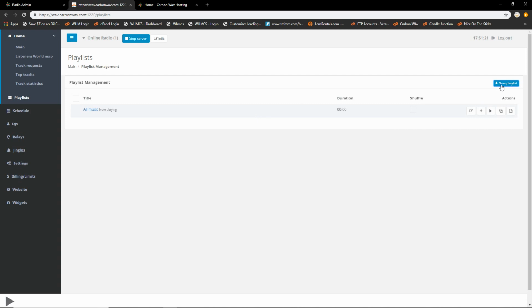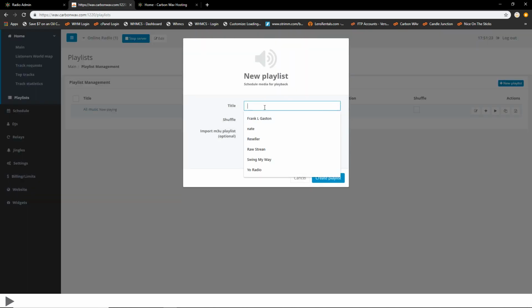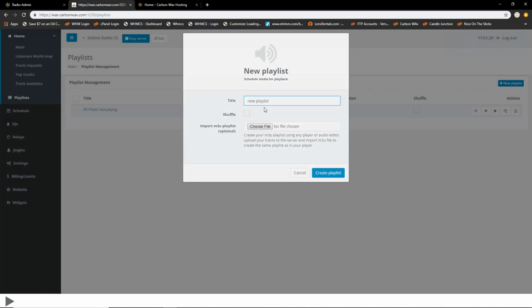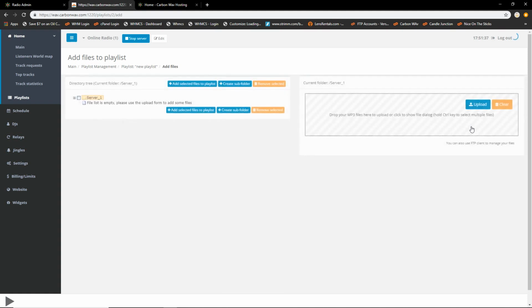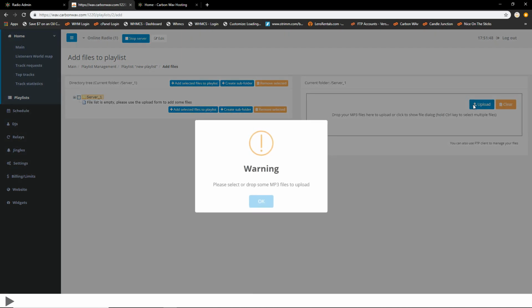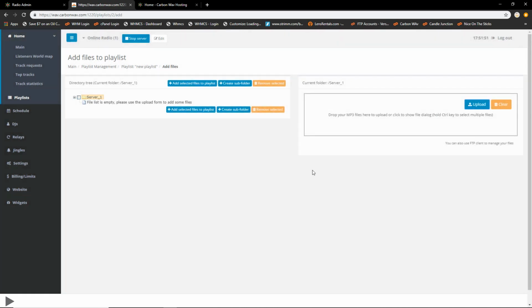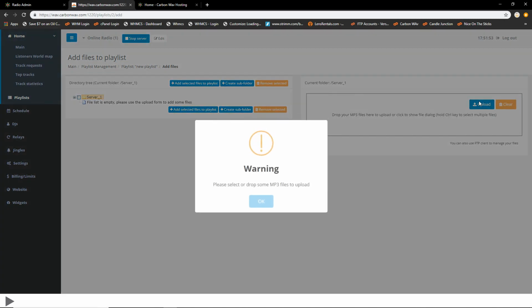So now once a playlist is added, we're just going to put something simple like new playlist. Once this is added here, you will be able to add files. You click the plus symbol to add files. You can either drag and drop files over here, or you can simply press upload. When you press upload,